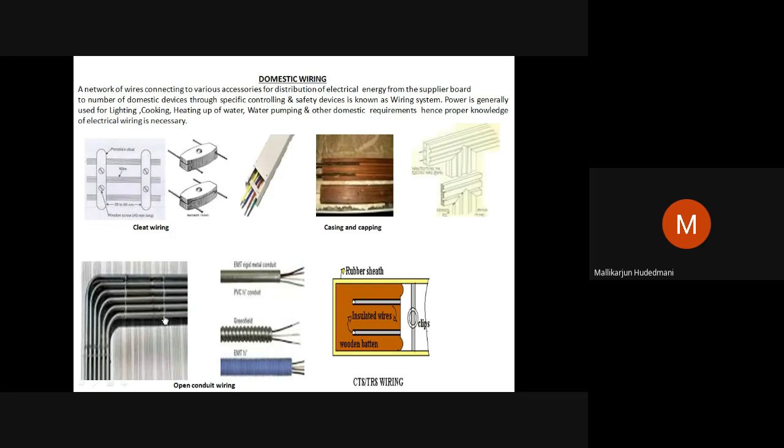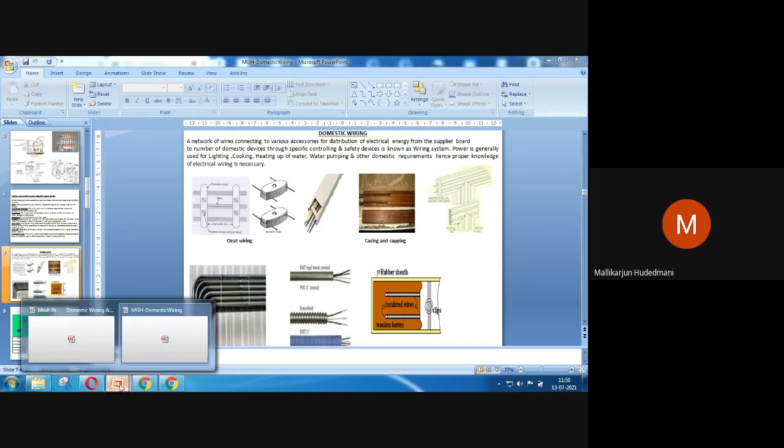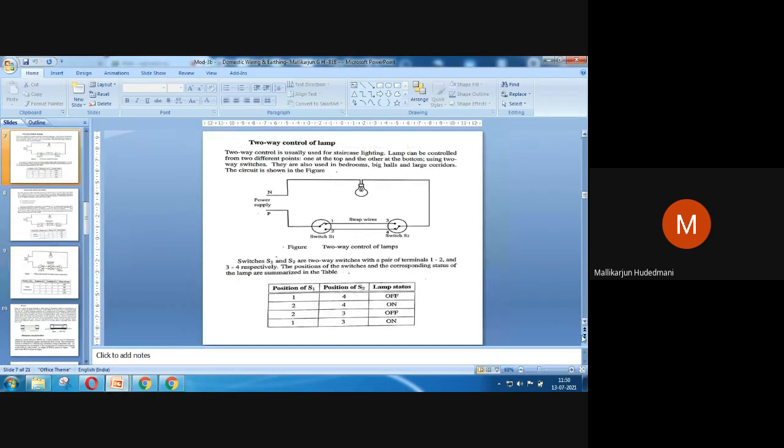What I am speaking of is concealed conduit. Concealed means that the mechanism is inside the wall or the ceiling or ground, where conduits are not at all visible. Only the end connection is available at the terminals. That is called concealed conduit. So once we are able to see concealed conduit and how it is taken into consideration, next comes a single point of discussion.